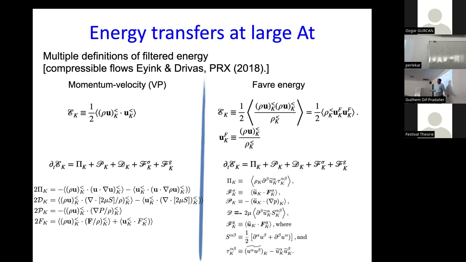Right? But you could say why you want to define it like this. Why don't you define it as density at scale k multiplied by velocity at scale k multiplied by velocity at scale k? A friend of yours might say, look, you guys are all gone mad. The right way to think about it is momentum squared times density. So we should define it as momentum at scale k multiplied by momentum at scale k divided by density at scale k.